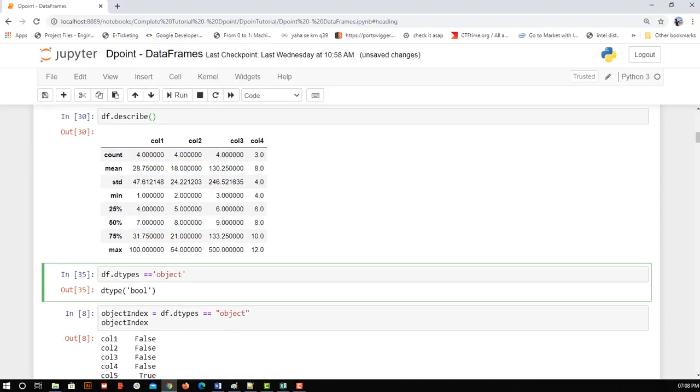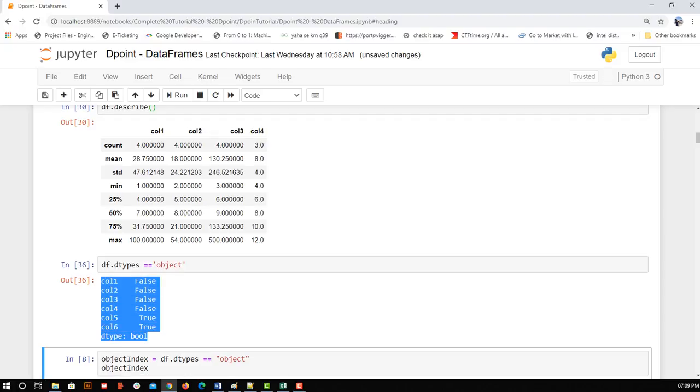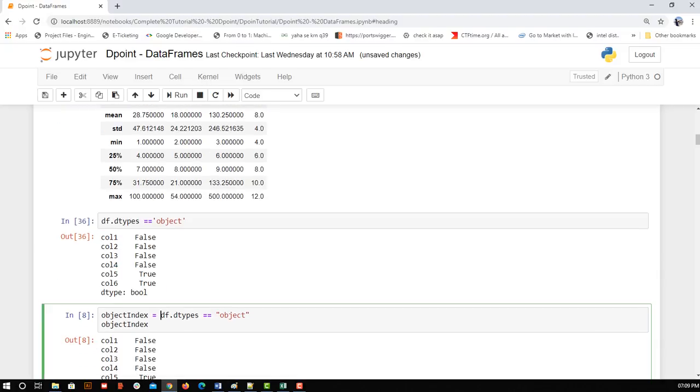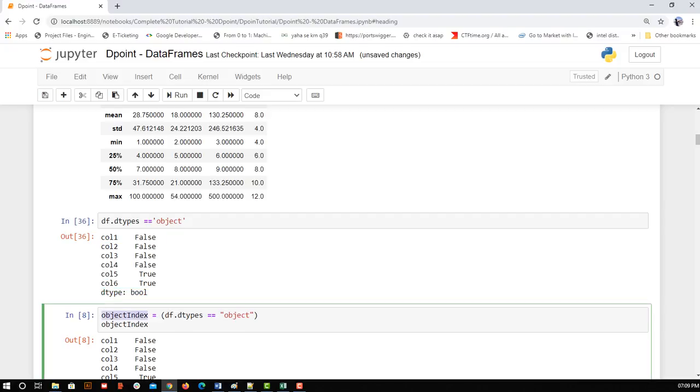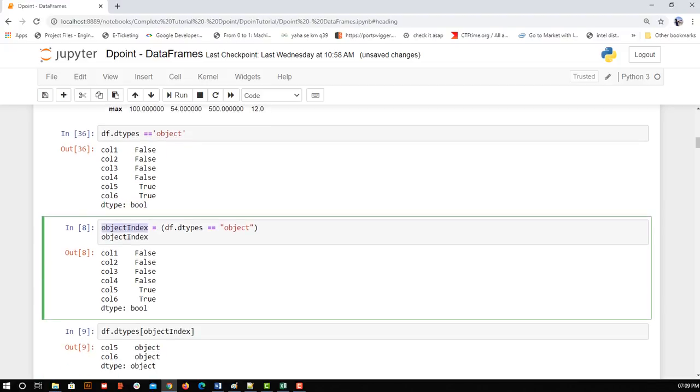Similarly, whatever output we are getting, we will store it in some variable. So here I am storing all the values. This is going to return a boolean array, and I am storing that in a variable called object_index. So object_index has all this. Let me print this as well. By default, whatever the last line is will be printed, but if I want to print multiple lines, I need to use the print function. Let me try this.